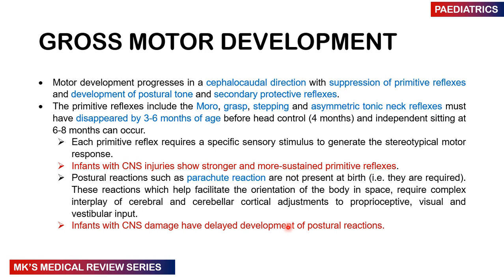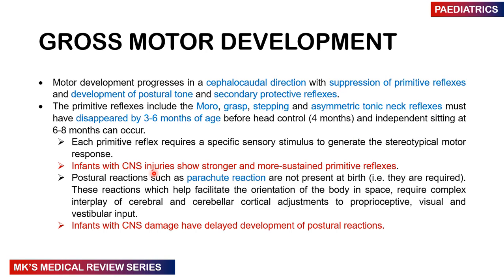What are some of these primitive reflexes that I want you to actually read up on after this lecture? The Moro reflex, the grasping reflex, the stepping reflex, the asymmetric tonic neck reflex. These must all disappear by 3 to 6 months before head control is attained. Head control is roughly around 4 months, and before the child is able to independently sit, they are able to sit roughly between 6 to 8 months. So remember that each of these primitive reflexes usually requires a specific sensory stimulus to generate the stereotypical